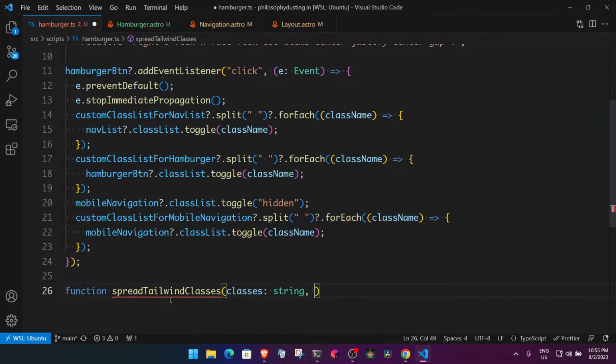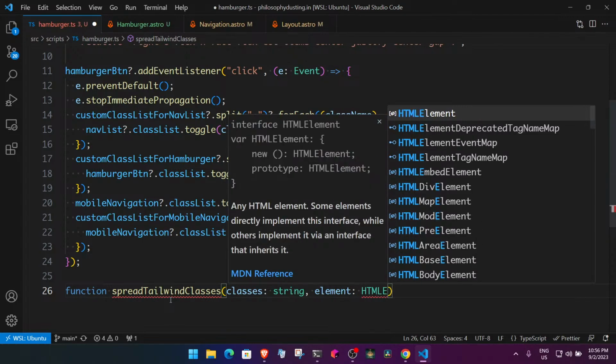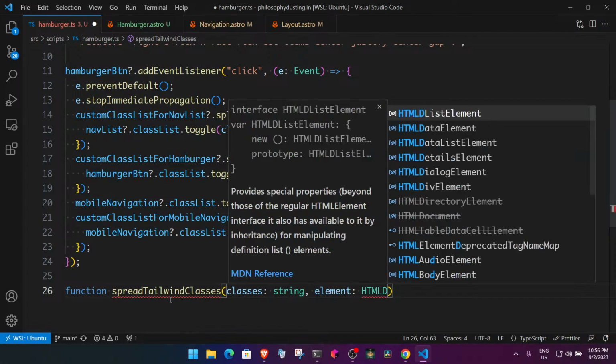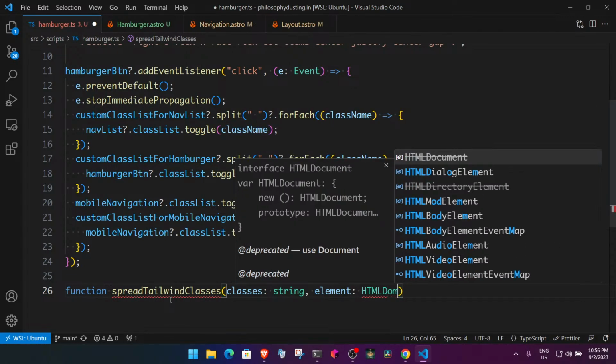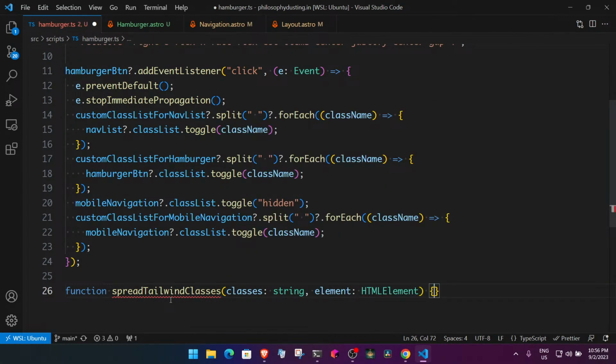Then it can have element which is going to be like HTML element. Okay, DOM element. Yeah, it's HTML element, which will be basically saying loop through the classes,